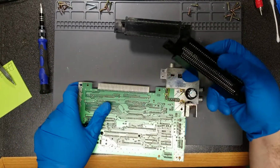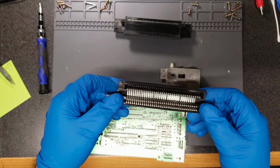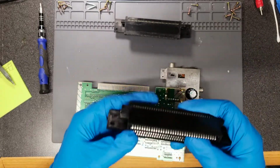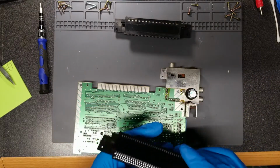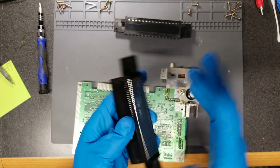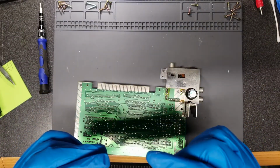These things can kind of be repaired as well. There is a technique where you can just boil it in water. You don't want it to get too hot because you don't want to deform the plastic too much. I'm not completely familiar with the process, but from what I understand it helps these pins realign themselves and it softens the plastic a bit to help with that. Again, I'm not sure how that all works, but